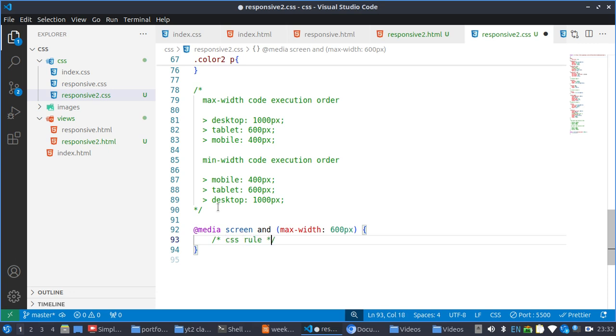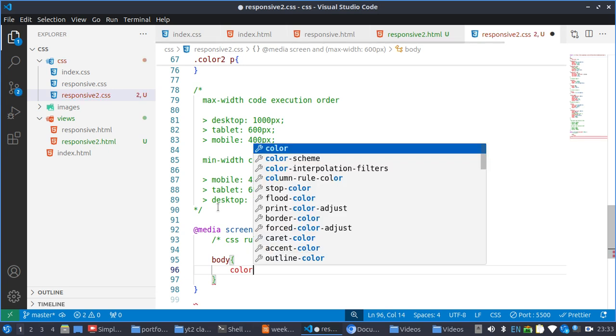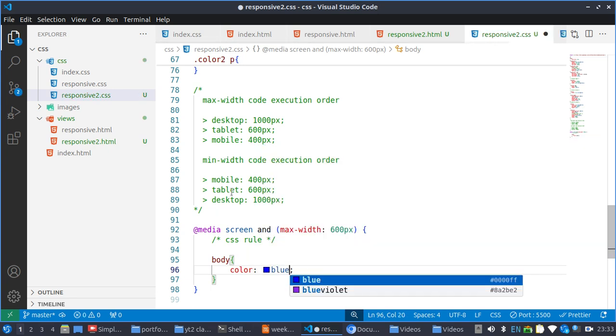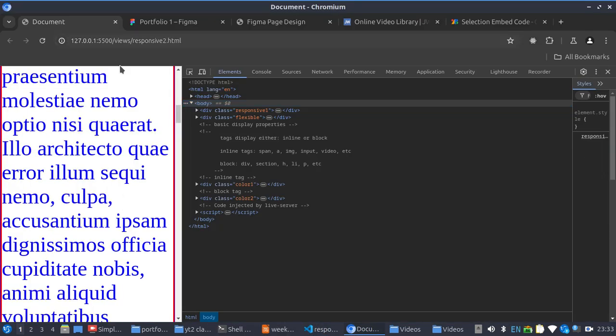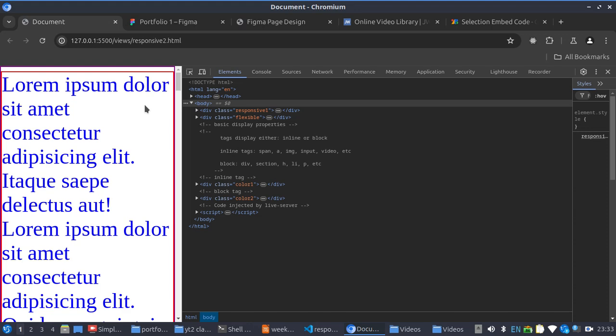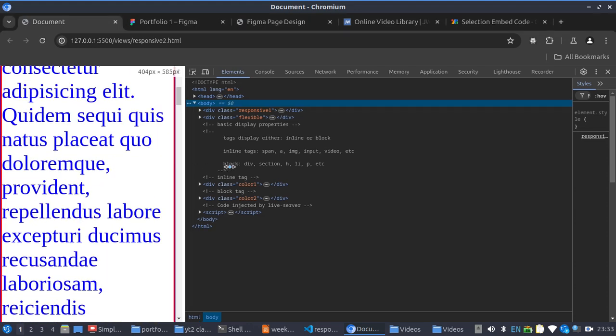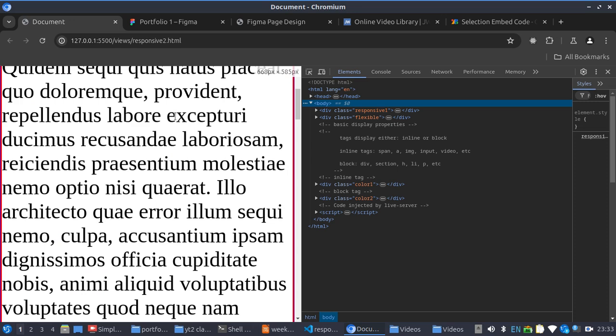And remember, before you write a CSS rule, you must target the tag. So body, we are targeting by the tag name, then color should be blue. So remember, max width means it will apply when the device width is 600 and below. So if we go to our output,